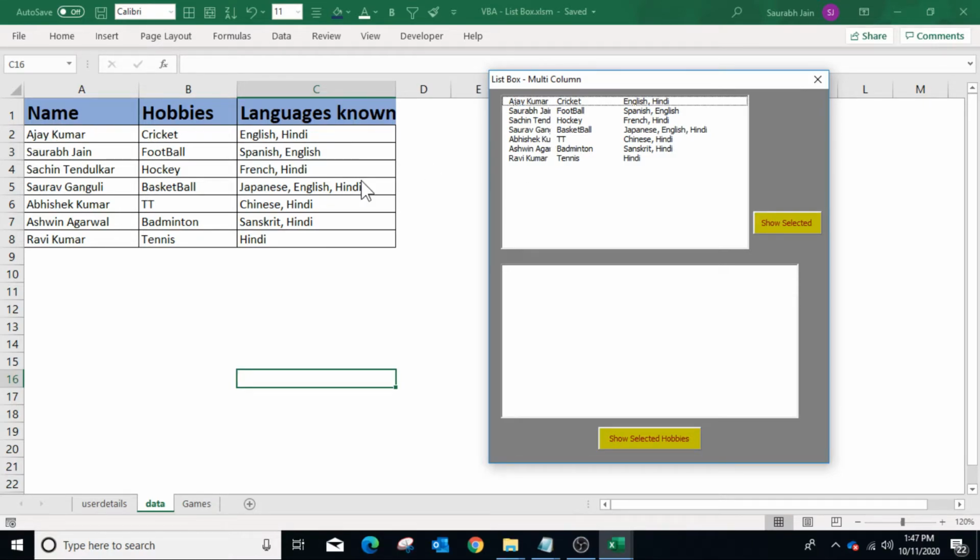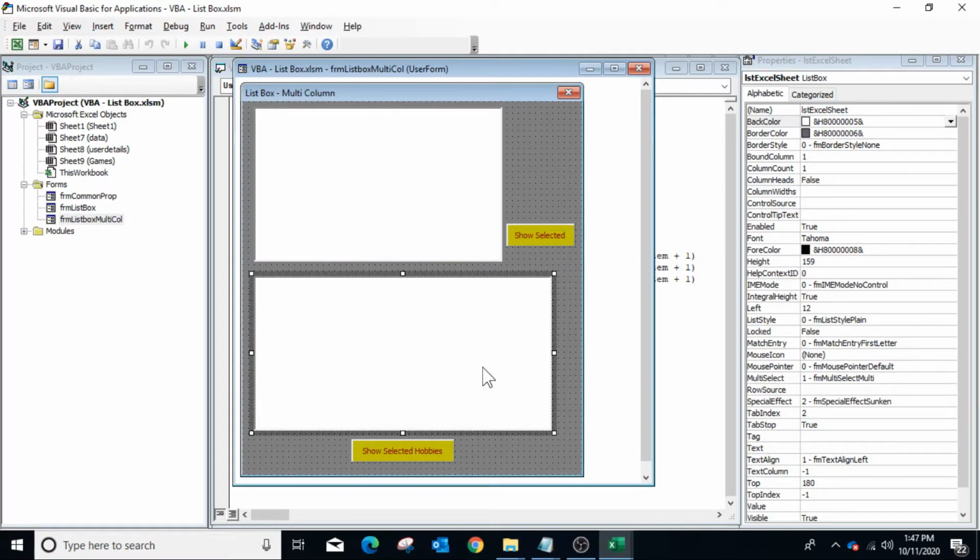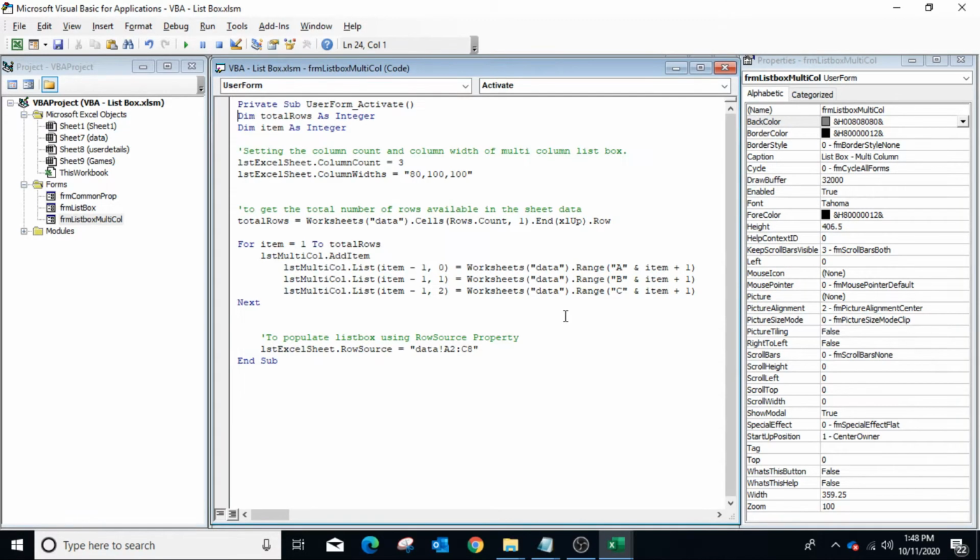Now run the user form, and the first list box, which is the multiple column list box, contains all the values available in the worksheet. To populate the second list box, we will use the row source property of the list box. Go to the VBA editor and type list box name dot row source is equal to, and in double quotes specify the worksheet name, exclamation sign, and the range from A2 to C8.